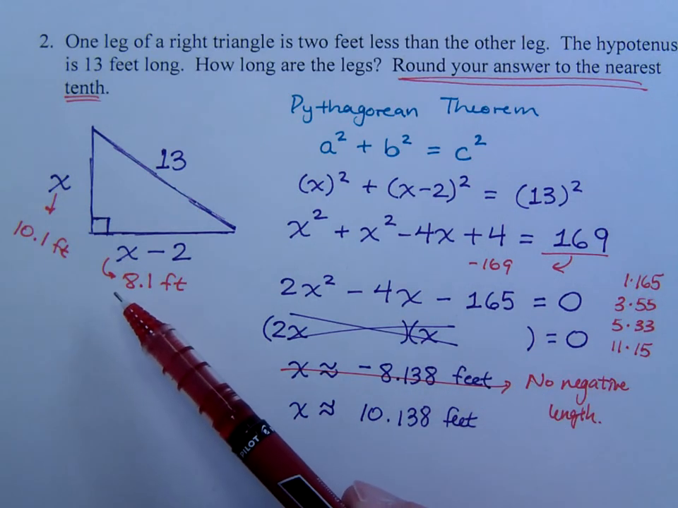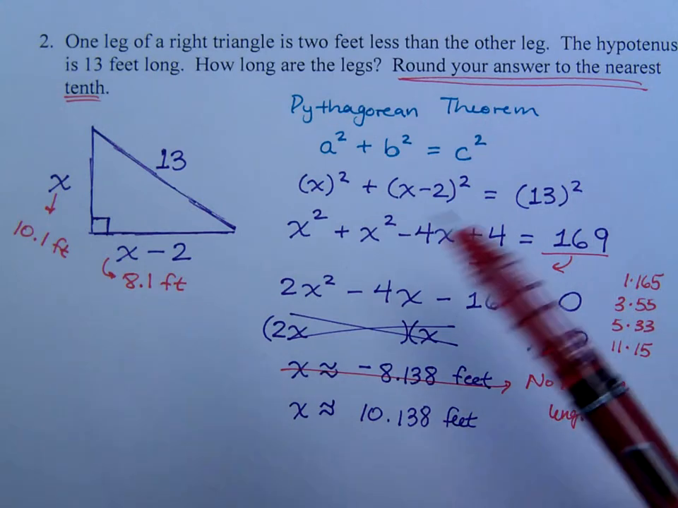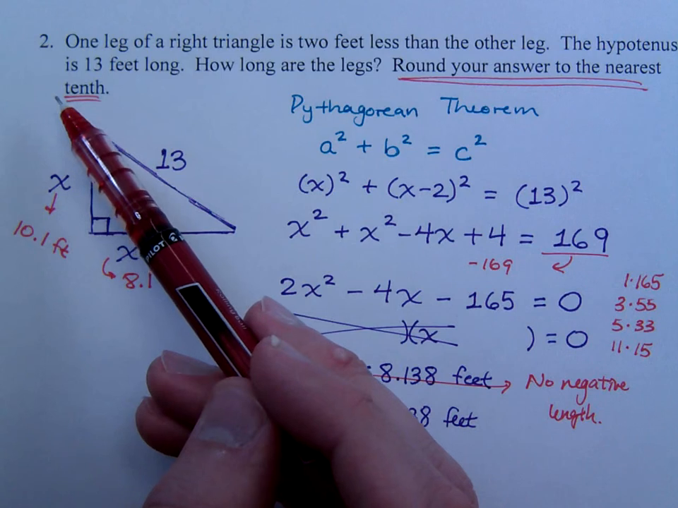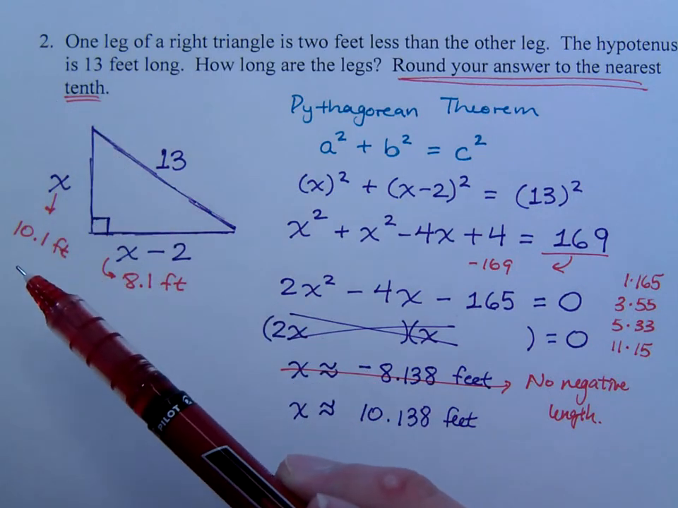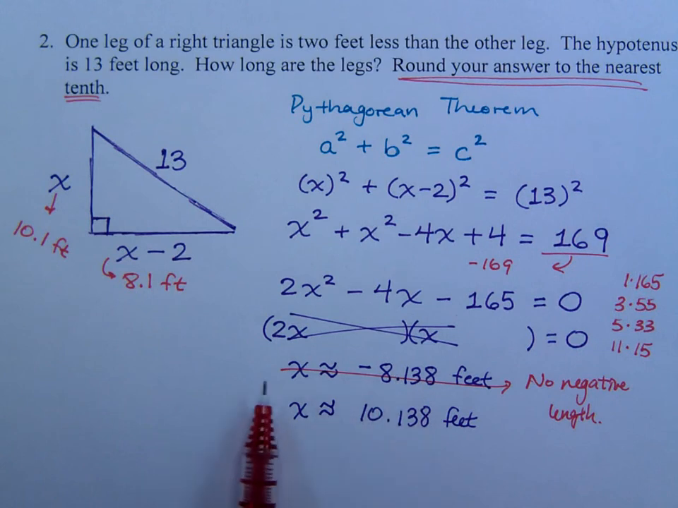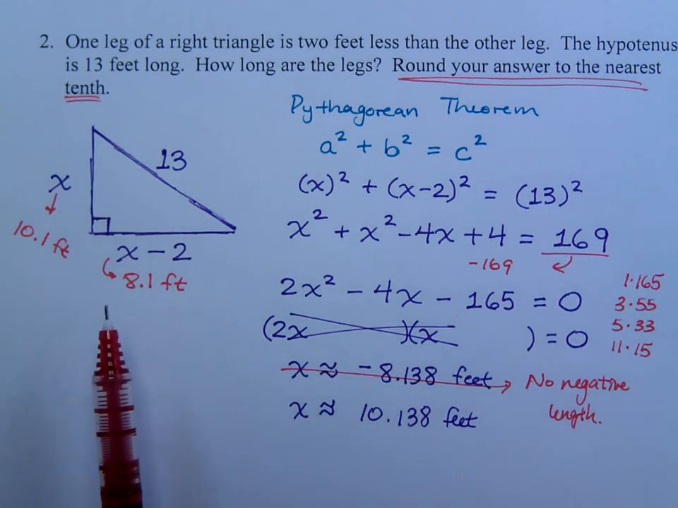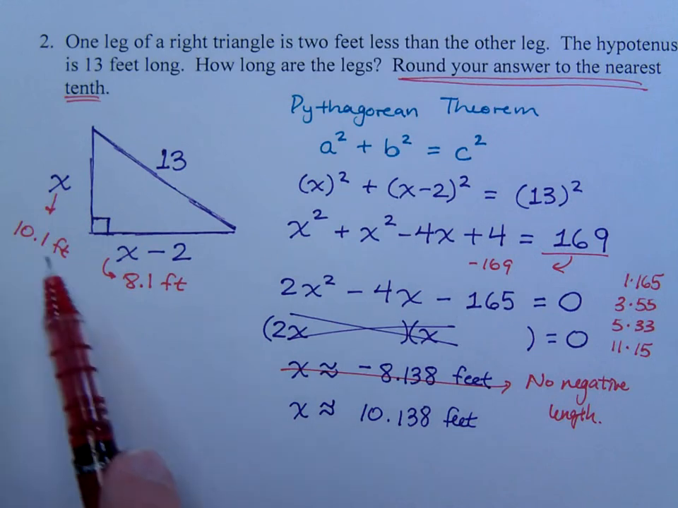You could even graph this to see some of the solutions as well. But rounding the answer to the nearest tenth should have told us these are not going to be pretty, probably not going to come from some of the factors. And we see that, yeah, it didn't work out. 10.1 feet and 8.1 feet. And if you were to check all of this,